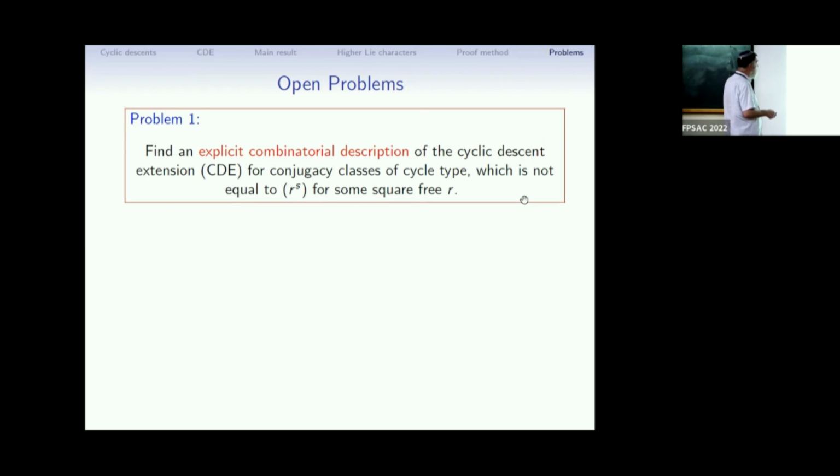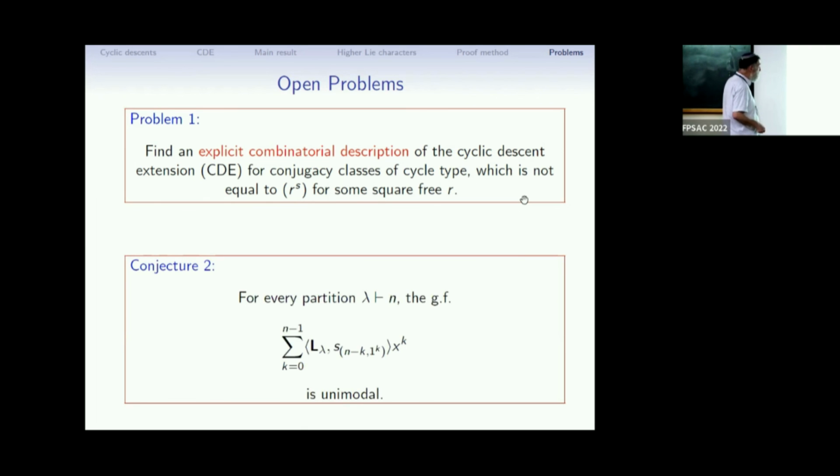Also, not yet combinatorial is a proof that for any partition lambda, the Hook multiplicity generating function in the Lie character is unimodal. One can translate it to a purely combinatorial statement. This says that if you count how many elements in the conjugacy class of cycle type lambda have cyclic descent prefix of length k,